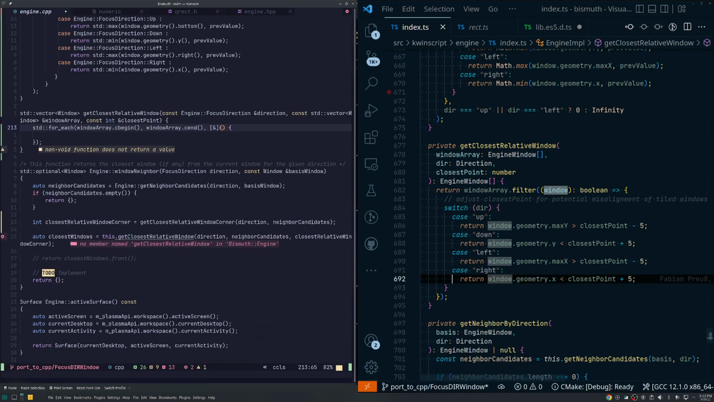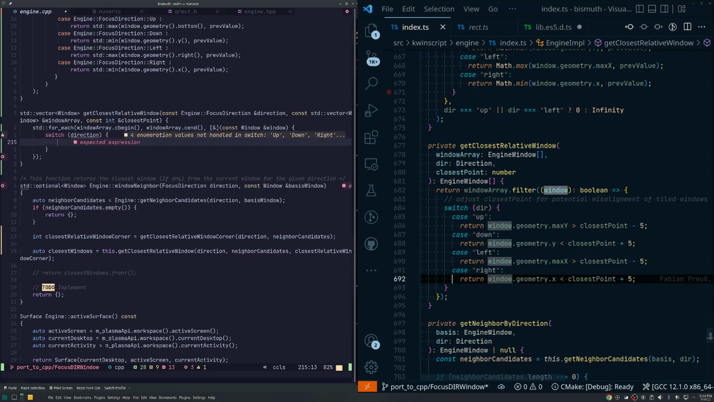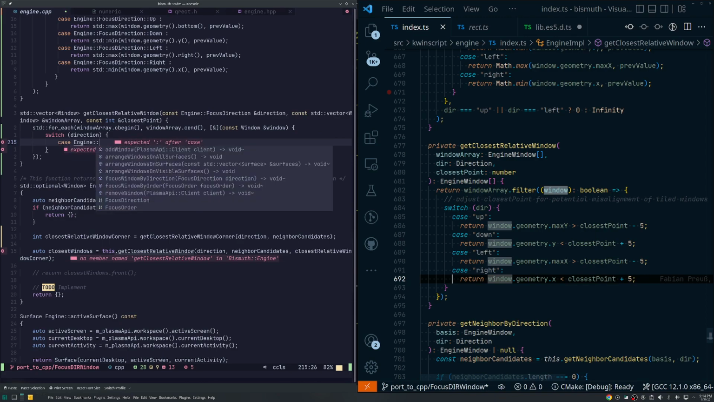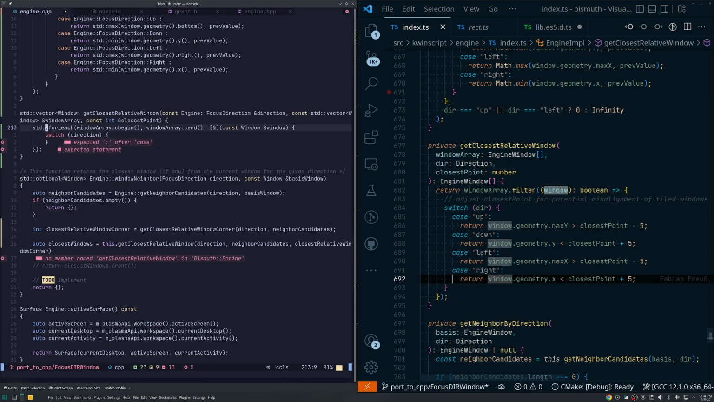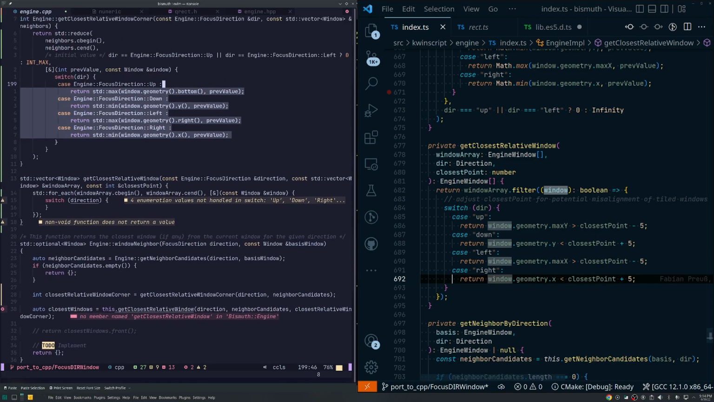So what I need to do is take probably window, const window, as one of the inputs. Direction is going to stay there, so that's okay. And then we can do switch direction. You have case engine. Okay, so what I can do here, instead of rewriting everything, is just have